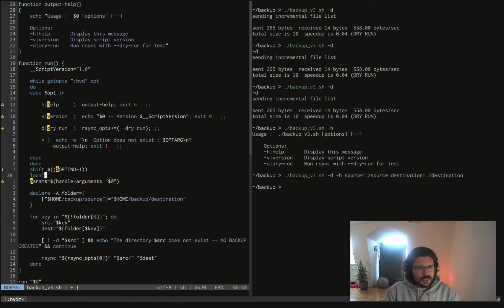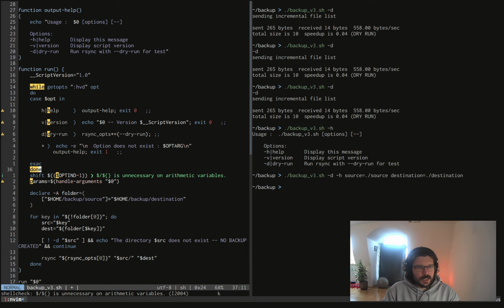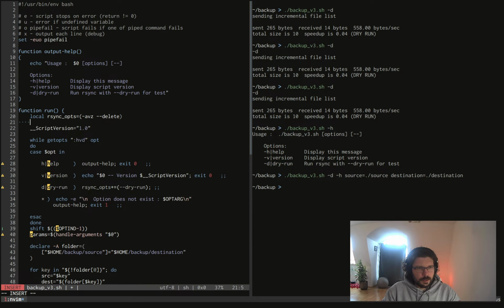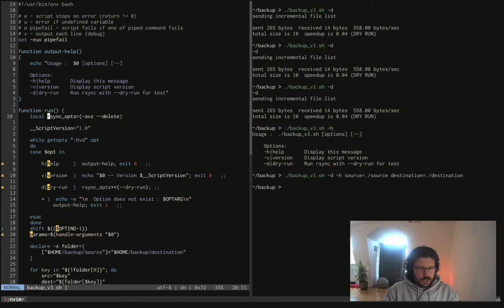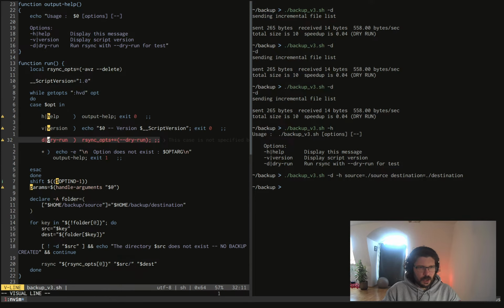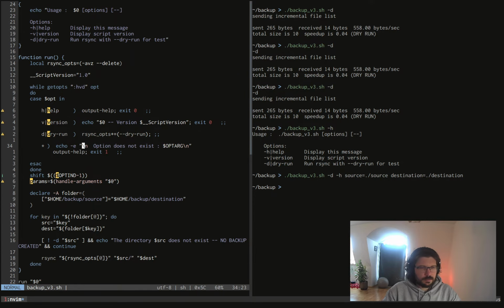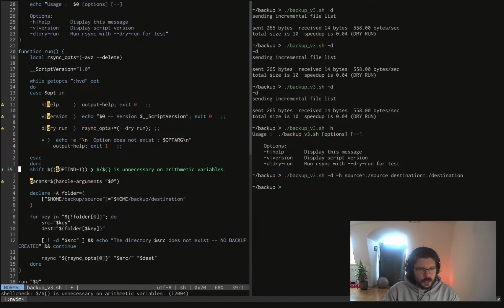We need to create rsync options at the very beginning. So here we create the rsync option, which is an array of parameters given to rsync below in the script. And here with the option dry run, we add to this array dry run for rsync to use the option dry run. So it works. We delete all the options processed,